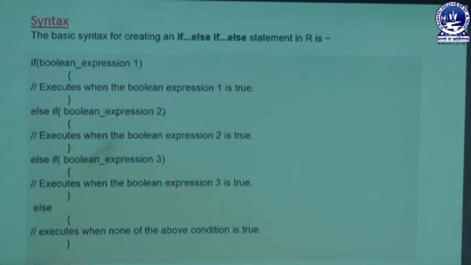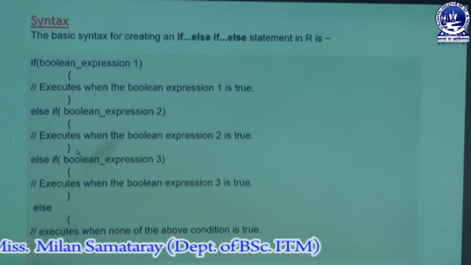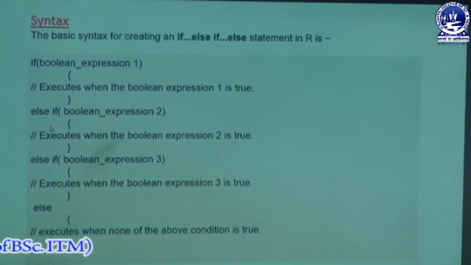and if Boolean expression 1 is true, then it will not go for any other conditions. And if Boolean expression 1 is false, then the control will come outside of this if block, after the closing braces, and the next statement is our else if statement. Then it will be executed, and within this else if we have written another condition. So, we have to test this condition also, and if this condition is false, then the control will come outside of the else if block also.